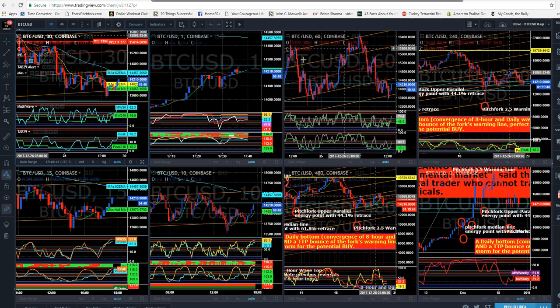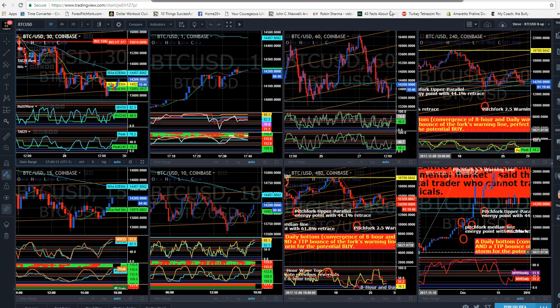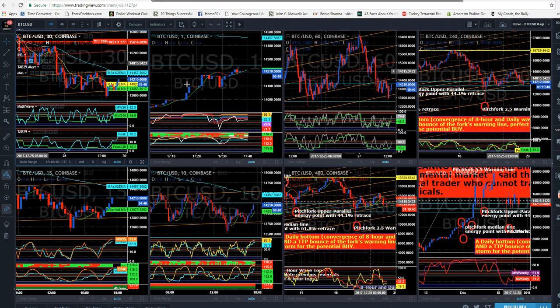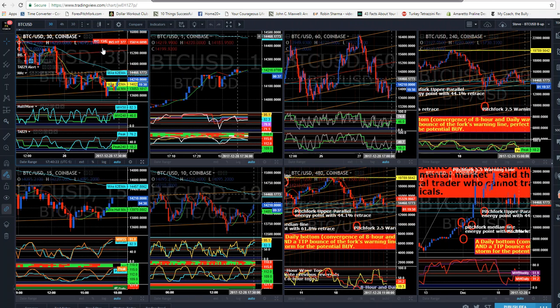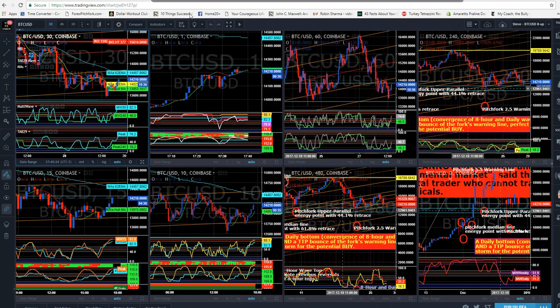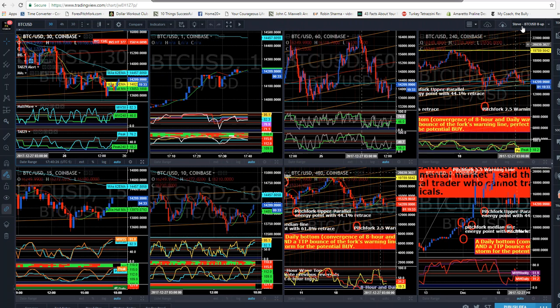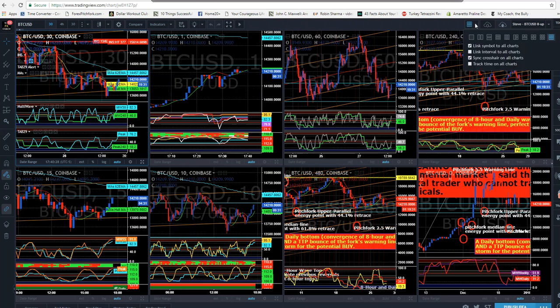So what you see here is I have my 8 layouts selected. Now, there's not a real rhyme or reason. You just have to learn what it is. But you can switch this layout, which has 8 charts in it. I could switch it to show me a different presentation. So if I want to see this in a 3 up, which is what I like to do for my trading,